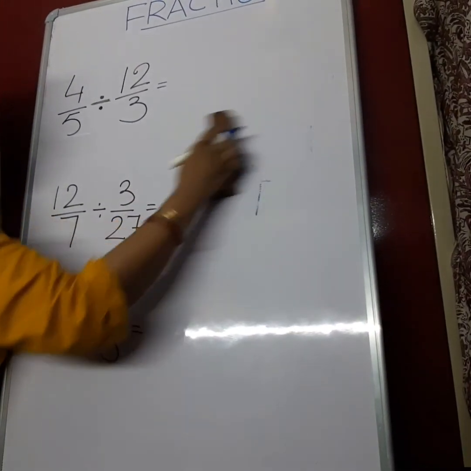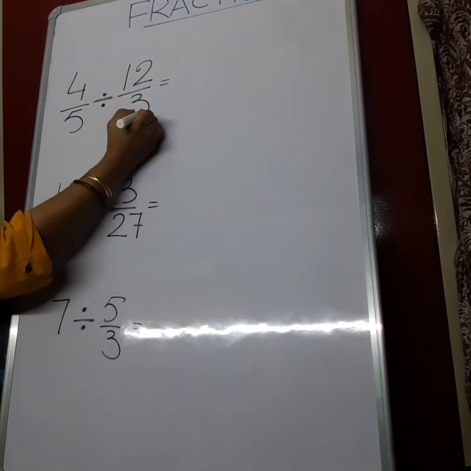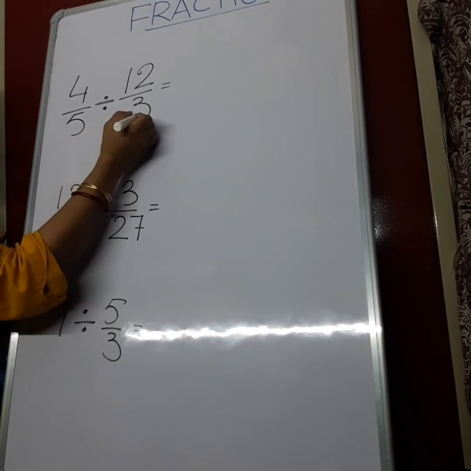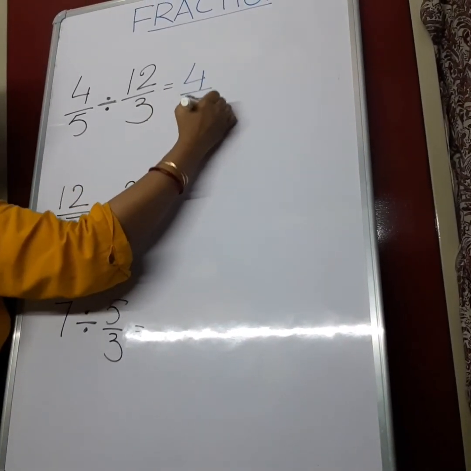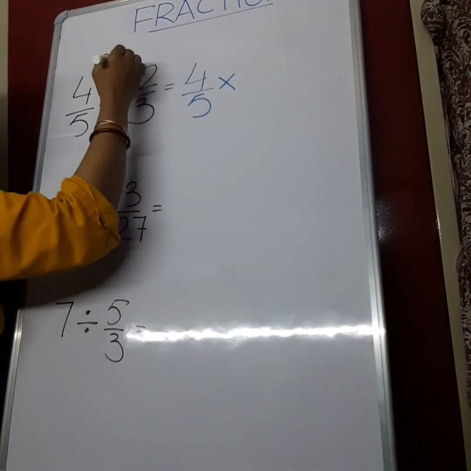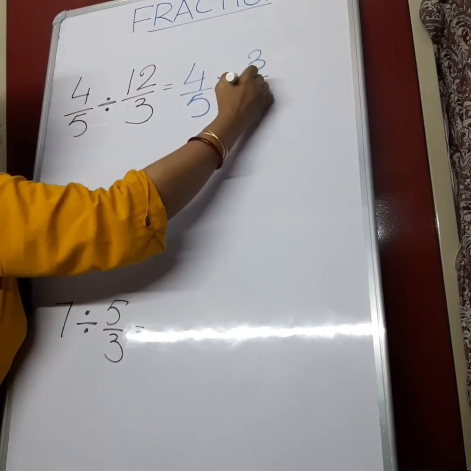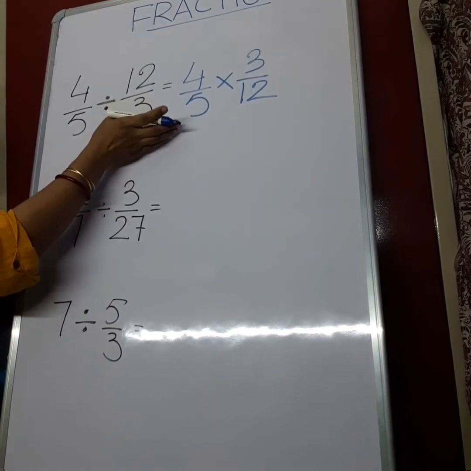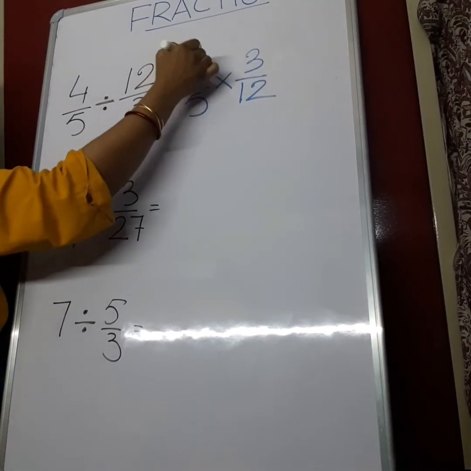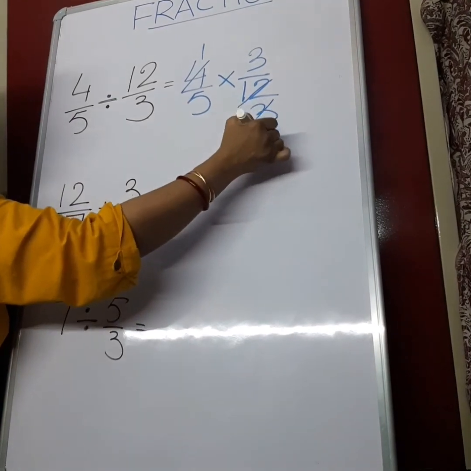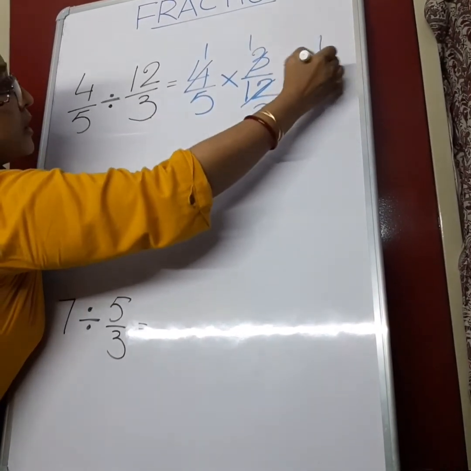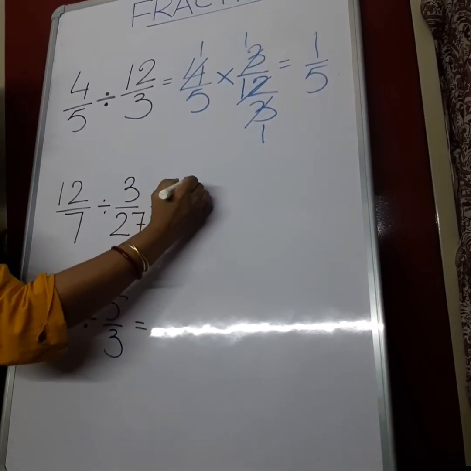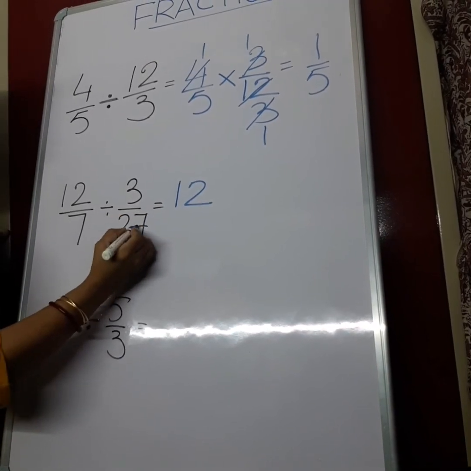So whenever we are dividing, we are first finding out the reciprocal of the second number, the divisor. So here it will be 4 by 5, interchanging the denominator to numerator and numerator to denominator. Now we will be cancelling and doing the same steps as we were doing in multiplication. 4 ones are 4, 4 threes are 12, 3 ones are 3 and 3 ones are 3, so it is 1 by 5. Here again, if we multiply by the reciprocal, what do we get?